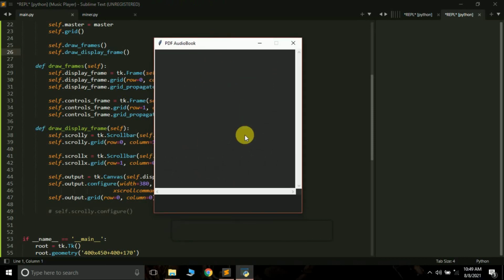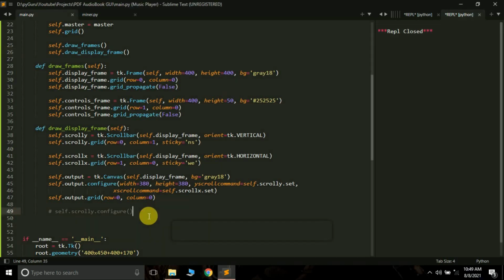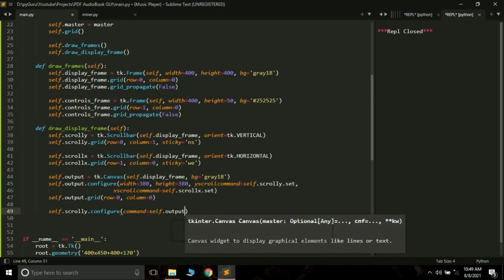As you can see, we have this canvas here. This is the Y scroll bar, and this is the X scroll bar. So we have created three widgets: the canvas widget and two scroll bar widgets. Now we have to configure these two things. So scroll_y.configure, here you have to pass a command, which will be self.output.yview.